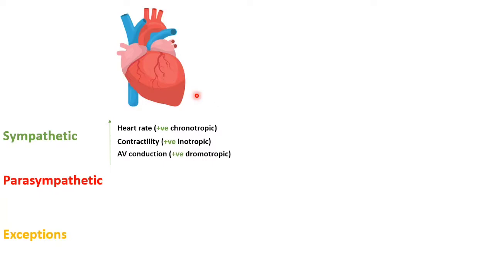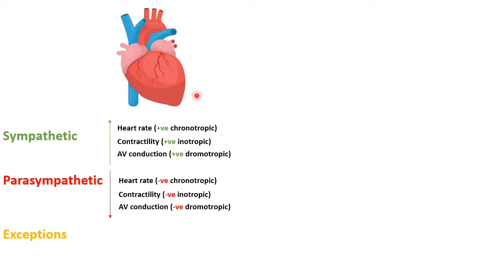Okay, now for the parasympathetic, you are at rest, so your heart would not work so much as like in stress or exercise and so on. Okay, so parasympathetic nervous system effect on the heart is typically the opposite. So we have negative chronotropic, decrease in heart rate, decrease in contractility, negative inotropic, and decrease in AV conduction or negative dromotropic. Okay, there is a very important exception